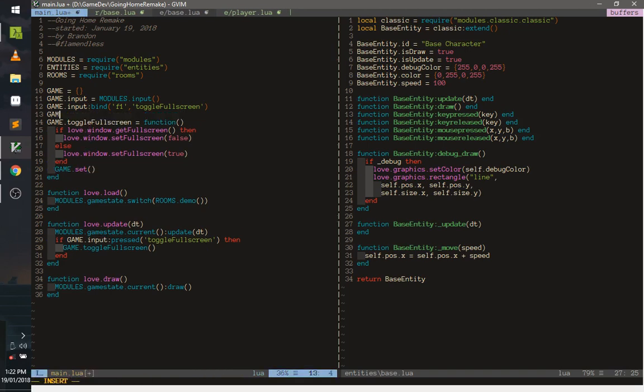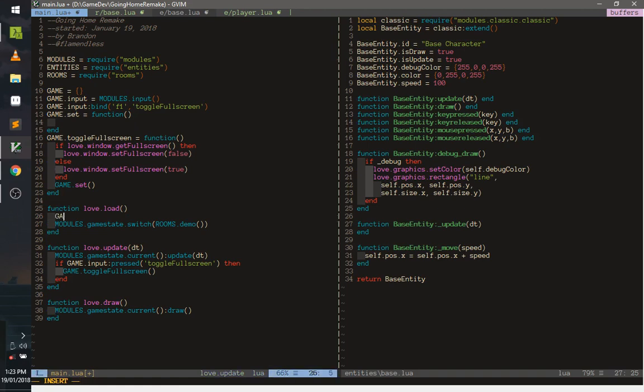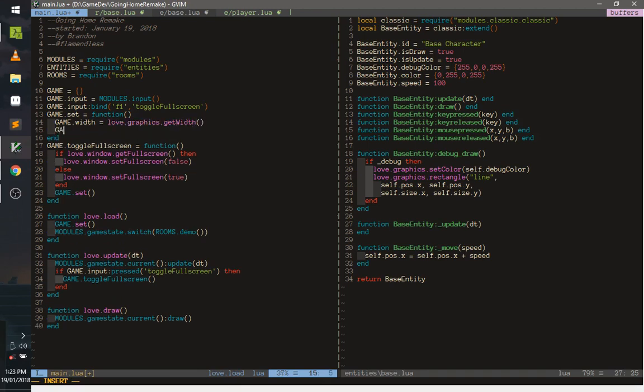Right, because what we want is game.set to be a function that will calculate our... first we need to... wait, what? game.set. So here we want game.width with love.graphics.getWidth, then game